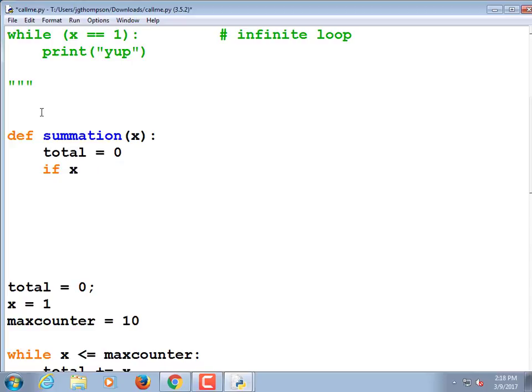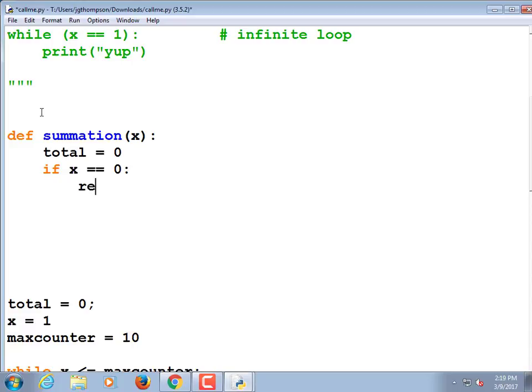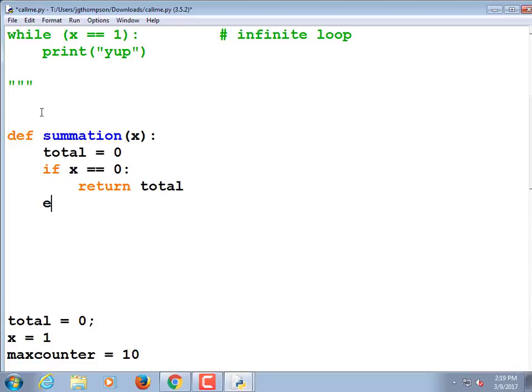And then we need to check if x is greater than, no, if x is equal to 0, then return total. I think I botched this. Let's give it a try.